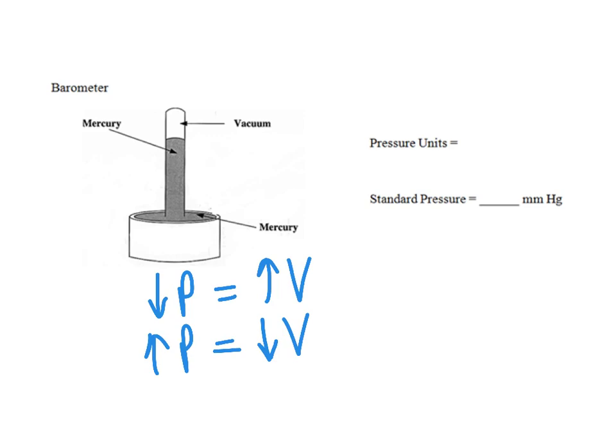So this is an old barometer. These are the original ones. They were made with mercury, which we can't use anymore because it's highly toxic. But what they did was they had a tube and made a vacuum in it, took all the air out, turned it over, and put it down inside a container of mercury. So some of the mercury got drawn up into that vacuum. So what they would do is they would literally just measure from here to here.